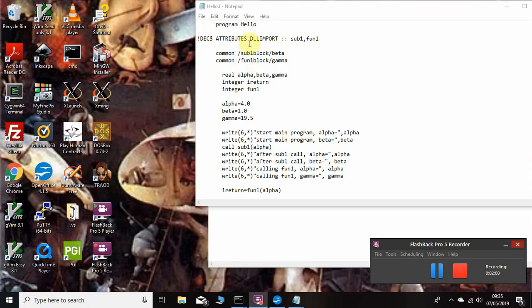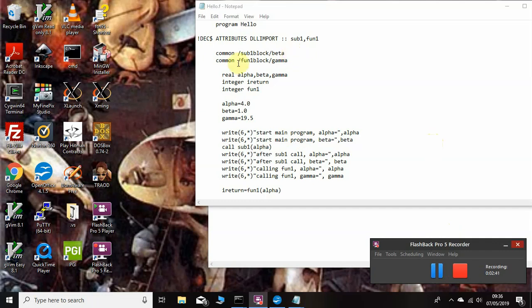Well, we've altered hello.f and our library functions sub1.f and fun1.f and fun2.f to include common blocks. We can imagine that we might have generated documentation for our library which tells us what functions we can call and what the argument lists are, and that's what will happen in any numerical library that you download. And in the documentation it'll tell you whether or not you need to provide data in a common block or